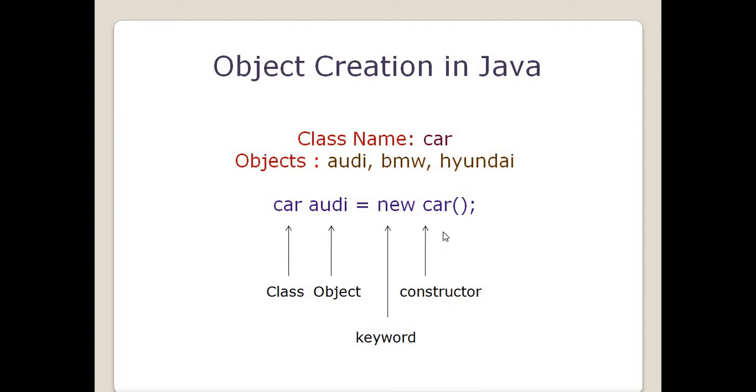Now you may wonder what is the meaning of a constructor. A constructor is nothing but a function with the name same as the name of a class that is used to initialize the different attributes of the object. Thus, we will use the constructor car for initializing the different properties for the different objects of the same car class. We shall discuss the concept of constructors in detail later on. But for now, I wanted to share the syntax for creating an object because it might be useful to understand the syntax of scanner and buffered reader later on.